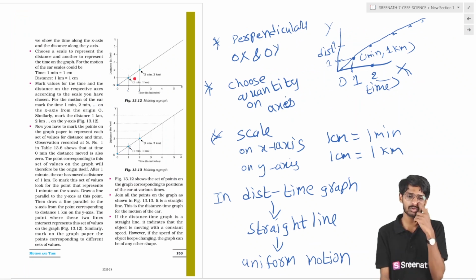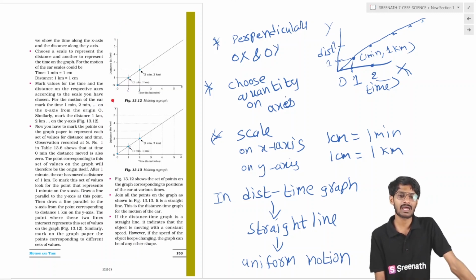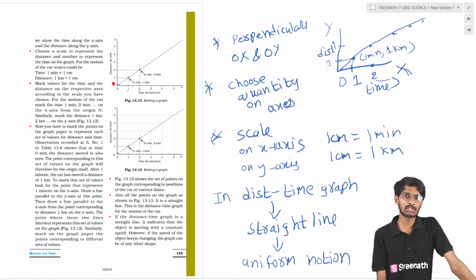So after that you have to mark the points. If you want to mark 1 minute, you have to draw a perpendicular at that point which is parallel to the y-axis, and if you want 1 kilometer, then you have to draw a perpendicular at that point which is parallel to the x-axis, students. So the intersection point will give both time and distance of that point, students. By joining all the points in the table, you will get a straight line, students. So this is the method of